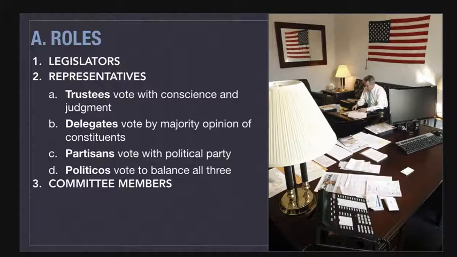The third role that they play is that of a committee member. There are a lot of different committees that are formed, and those that are part of these committees deliberate on bills before they go to the House or the Senate floor, and they will often create a summary of those bills so that other senators or representatives that have not been in those committee discussions can see some of the highlights of things that have gone on. And many times the compromises and the major decisions are made in committees before they ever reach the floor.